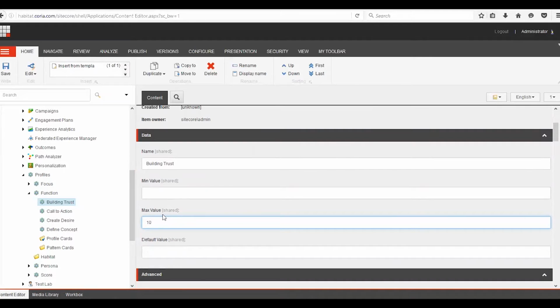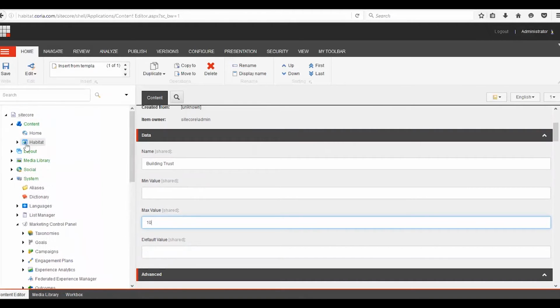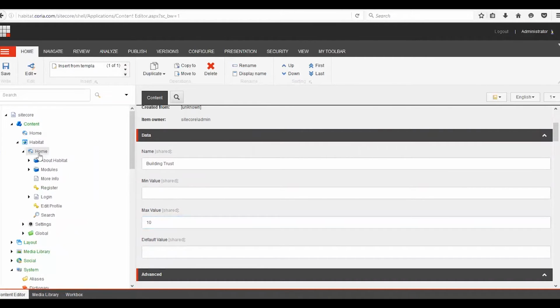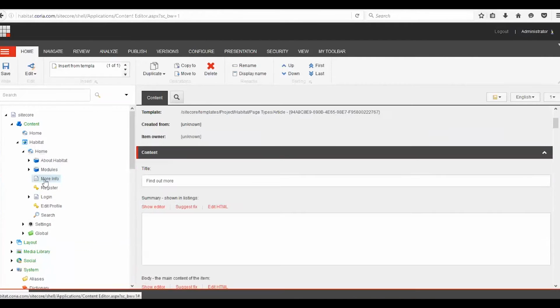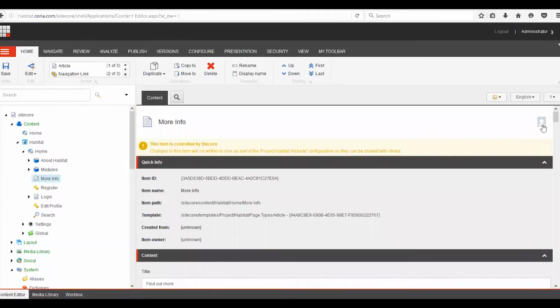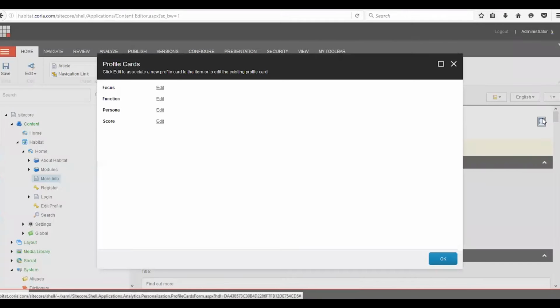This will be much easier to understand if we see an example. I'll go to one of my pages, for example, this more info page. Up here in the top right corner, you see the button for setting up profile cards for that item. When you click on it, we get a list of profiles that we have defined, and we can go in and edit any of them. When we click on Edit,